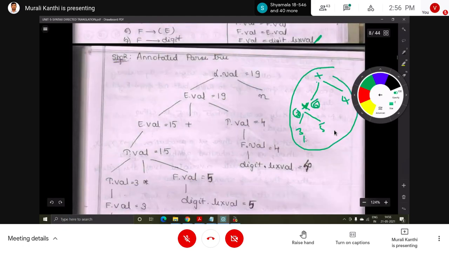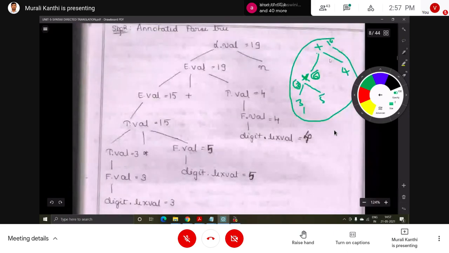Next, to take the value, 4 values are required to perform the operation, so go down to take the value. Then the remaining: here the plus is the 11th operation, and the result is 19. We remember this one is the 6th and this one is the 11th. How many operations are there on this left-hand side? You take all.